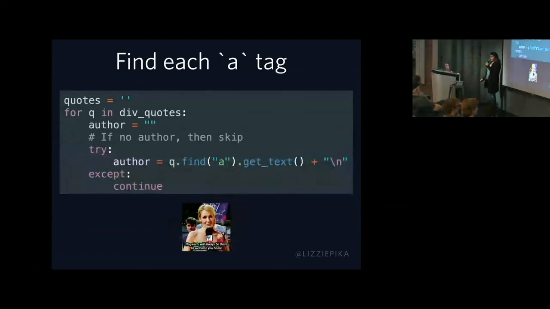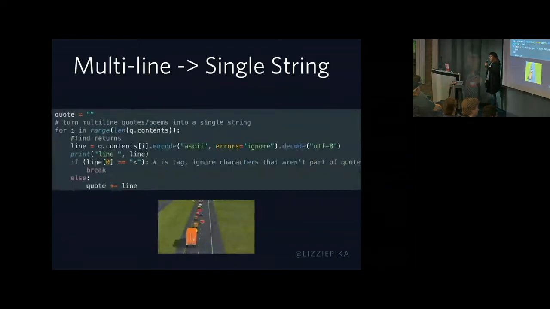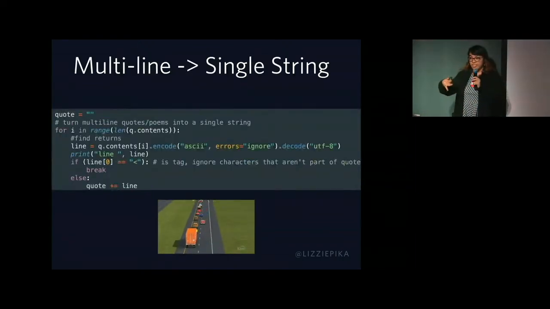Okay. And let's loop through the quotes and find each quote's author. As shown in the HTML that we just inspected, the only A tag in div quotes is the author. So if an A tag exists, then we know an author exists. And we can access that text inside a tag as a single Unicode string with the getText method. If we can't find an author, then we skip it, because that might be like not good data that we don't want. Okay. And to convert multi-line quote into a single string,